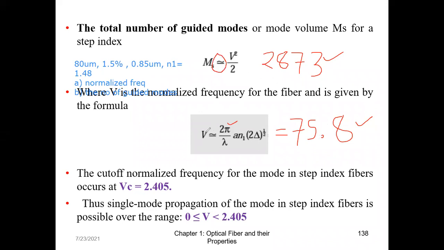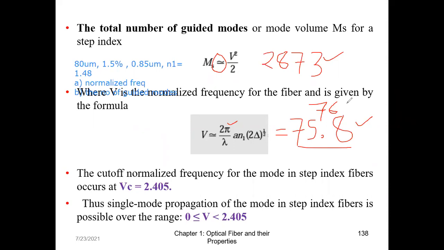So then see, V is a number. It's a normalized frequency, it's a number. V number, so 75.8 here. I will round it off to 76. So I will write a whole number only. If it was 75 point something above 75, you will round it off to 76. So how will you write the answer? I'm just dictating, you write it at your end so that you know what I'm trying to tell. Usually I have seen students writing the answer and then writing it in the form of a statement. That is a good habit.